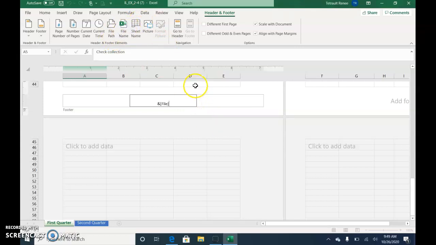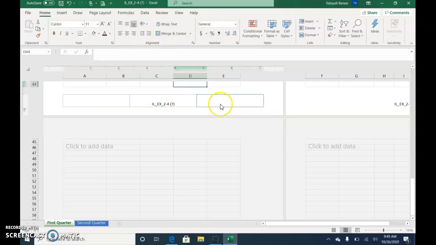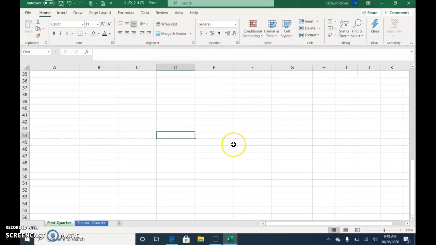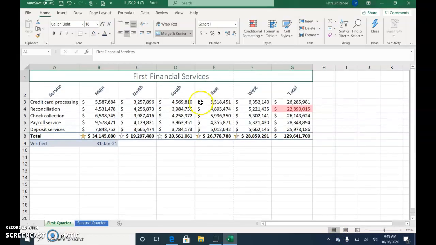Now, click anywhere, any cell above it, and it's broken into quarters. So if you want, on the status bar, click normal, and it goes back to normal view. I prefer doing the header footer in the print layout. I just want to show you this dotted line that appears. It's saying that this will fit on one page and this will be on another page, and that's because the